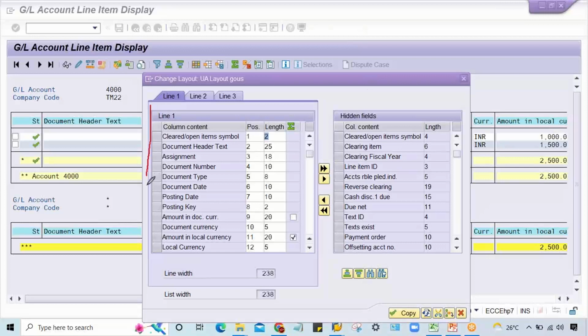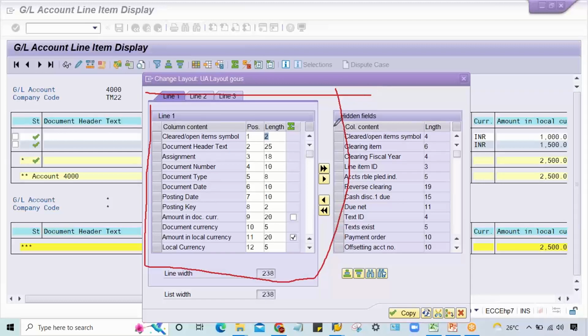Sorry, this is the line which I'm drawing. Whatever fields are there are appearing on this report, and this side is called hidden field. So what is this hidden field, guys? Hidden field means